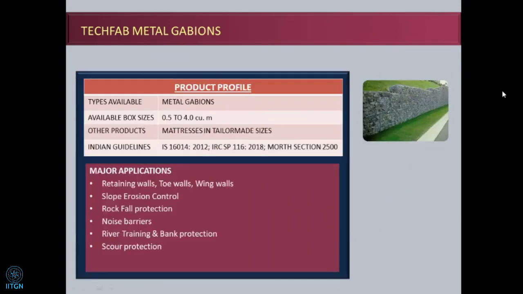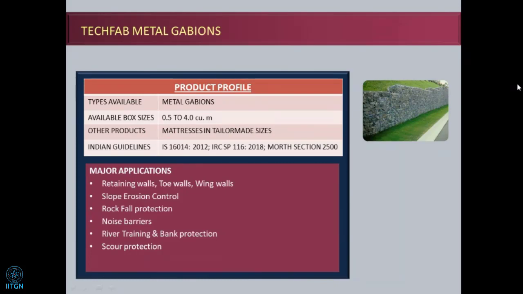And you can have various sizes of the box as per the requirement. Any 1 meter, 0.8 meter, 0.5, 0.3, any thickness of the matrices and boxes are available. You can have various widths and lengths of the boxes, that is also available. As per the requirement, one can go with that. So we can manufacture any size of boxes and matrices for gabions.